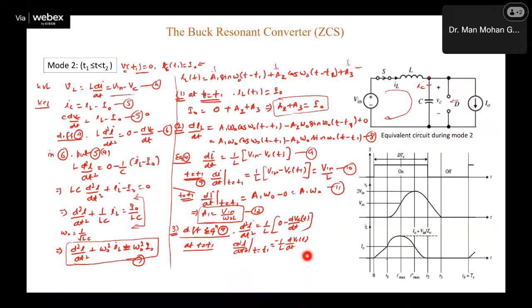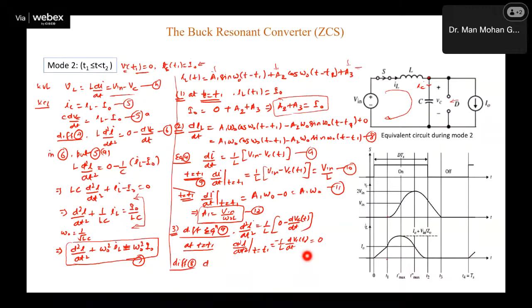I think I'm missing some coefficients. No, that is okay, equation 9 is okay. Now at T1, VC itself is 0, so dVC by dt will be 0. It means this term should be 0 only. And now see the same from equation 8. So if you differentiate equation 8,